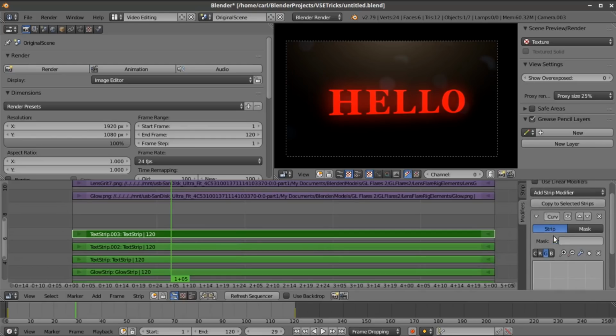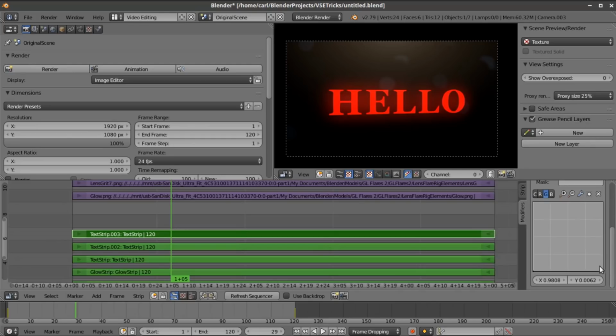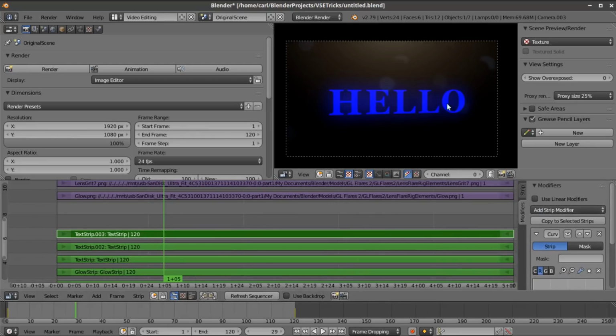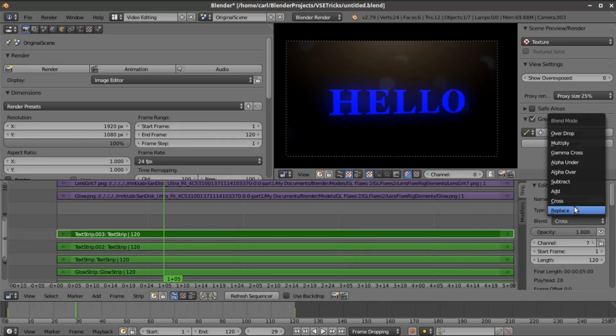We'll go to the modifier stack, and for the green, we'll leave the green channel down. We'll take the blue channel up, but we're going to take the red channel down. So now I've got each one of these cropped a little bit, so as you get further to the edge, it crops out on either side here. And if I set both of these to an add blend mode,